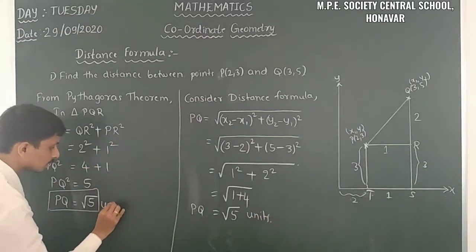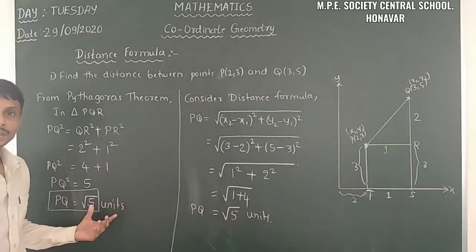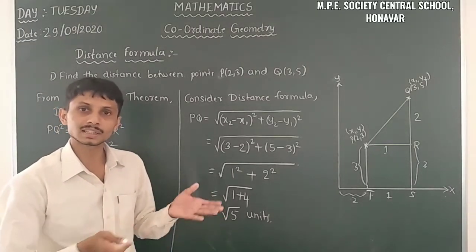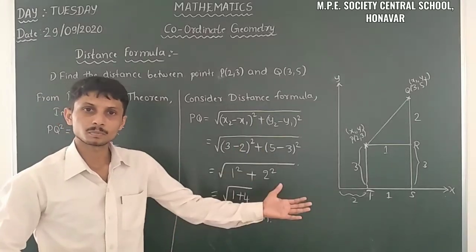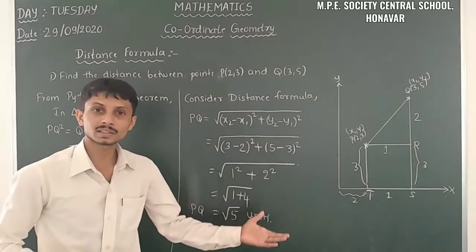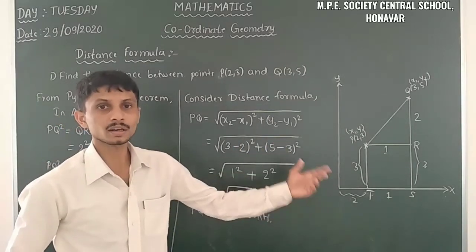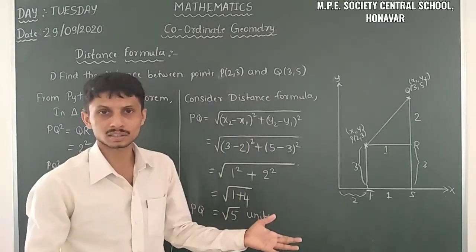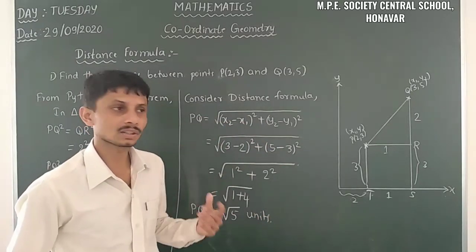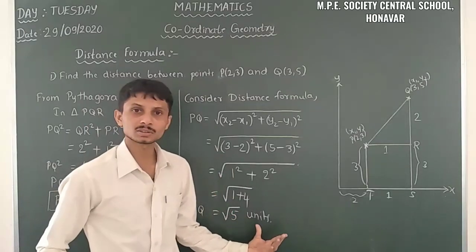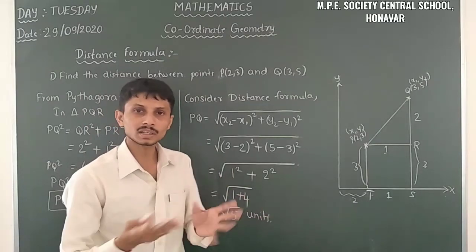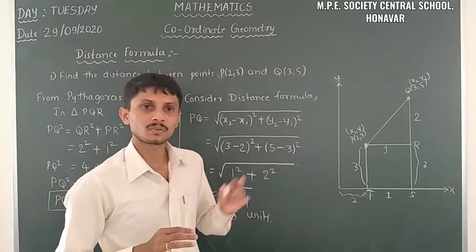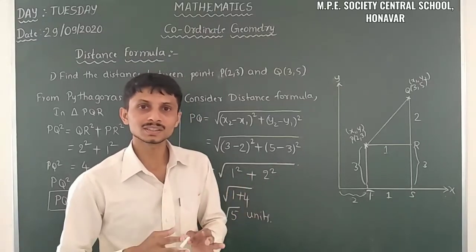Here also we have to take units. It means here we don't know about the unit, so we can take the respective unit based on the measurement. When you are taking the meter scale, we can insert meter. When you are taking the centimeter scale, you can insert centimeter. When you are taking the kilometer, you have to insert the kilometer. So simply here I just wrote units, meaning we can take any units here. So this is about the formula for finding distance.